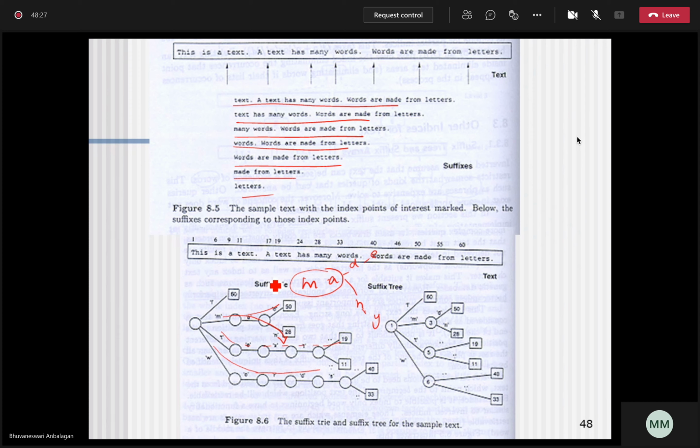So what is the difference between the suffix trie and suffix tree is, here you will mention the terms along with the characters that you are looking for in each state diagram. But in case of a suffix tree, you will be merging this entire node as one single node, and you will give the value for that. Okay, so that is the difference between suffix trie and suffix tree.